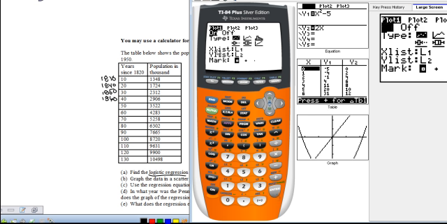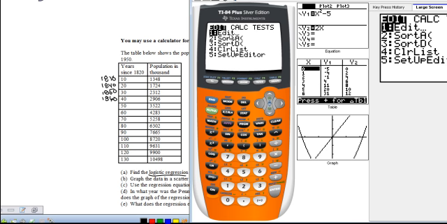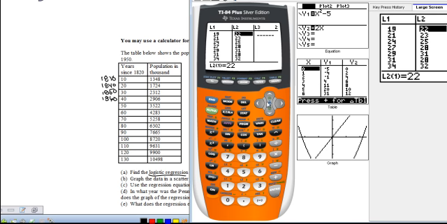I need to make sure that my x list is in L1 and my y list is in L2. So once I have my stats plots on, I can quit, go to my home screen. Then I'm going to go ahead and enter my data, and that is going to be on the stats button. So I'm going to press my stats button. I'm going to edit my list. So I'm going to press enter, and here's my list. To clear it, I just go up, clear, enter,